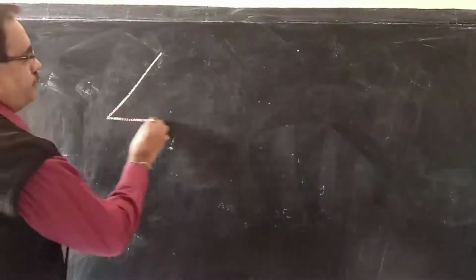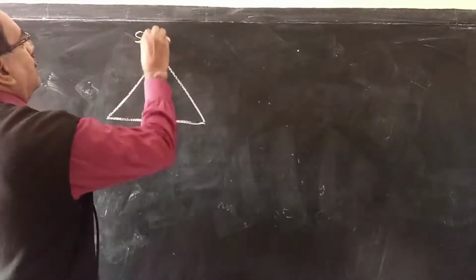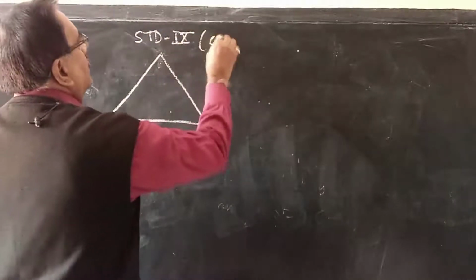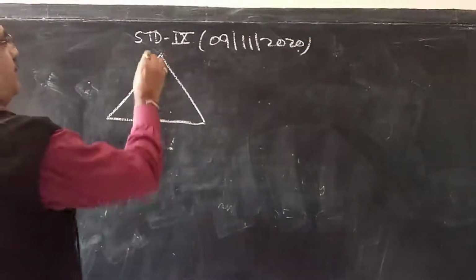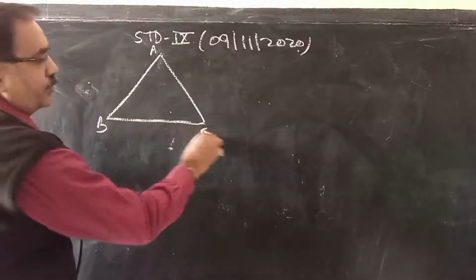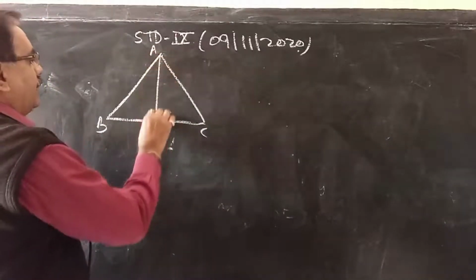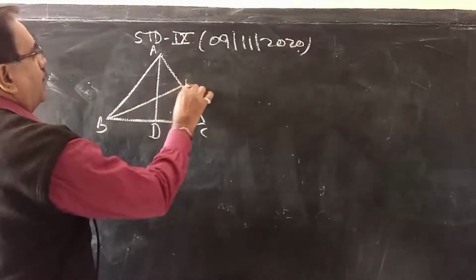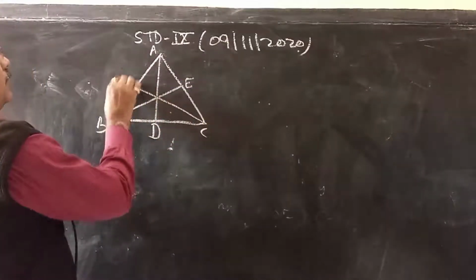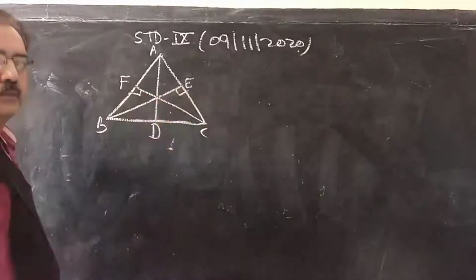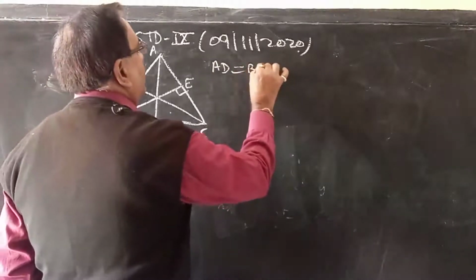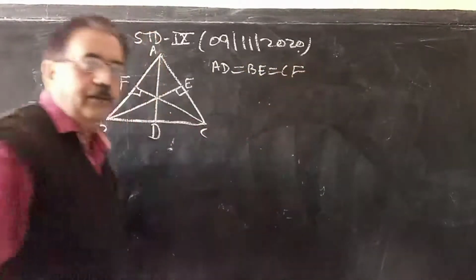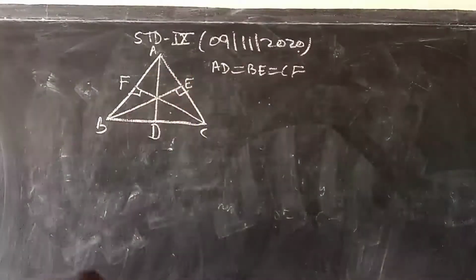So, first question number 10. See here, it is given. ABC is a given triangle. The name of the triangle is not given. And what is given? AD, BE, and CF are altitudes of the triangle. So I am given AD is equal to BE is equal to CF. Then we have to prove that ABC